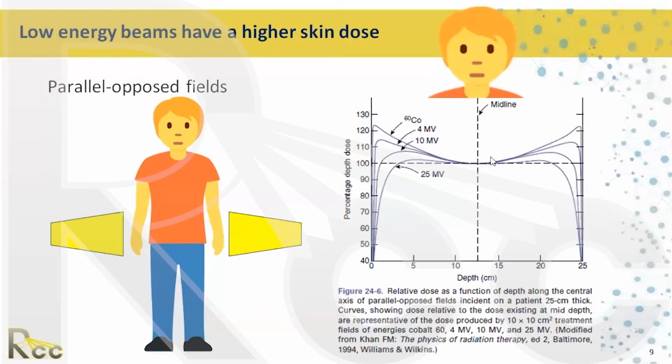This is shown in a diagram here, which shows two fields, one coming from the patient's right and one coming from the patient's left. Now, if you had a dosimeter and you could measure dose from the midline all the way out to the surface of the skin. So this patient is 25 centimeters in diameter, and a beam comes in from one side and a beam comes in from the other side. Let's say you wanted to give your dose at the midpoint here. Look at what happens as a result of beam energy. Now with cobalt,